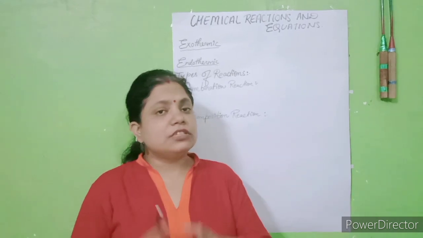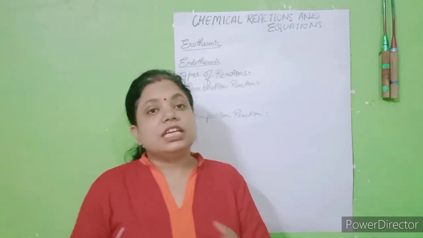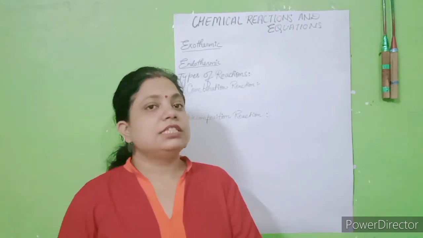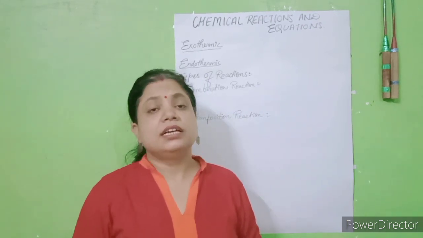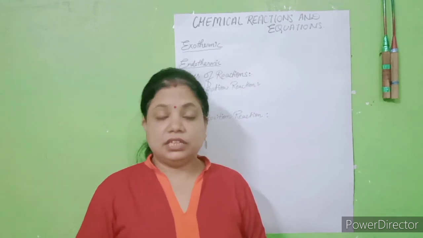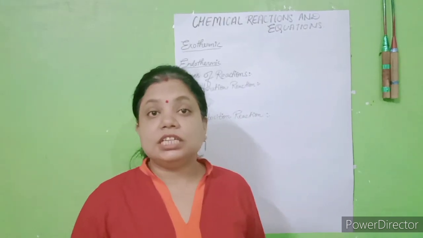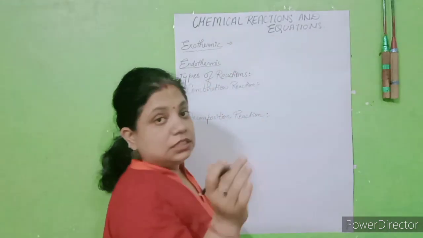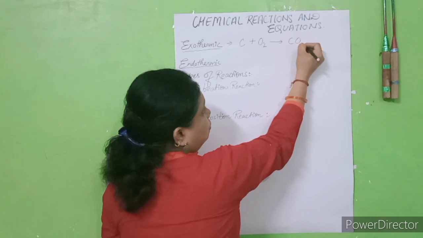Exothermic reactions, students. Exothermic reactions are those reactions during which heat is evolved, or we can say where the heat is released, right? In those reactions where the heat is released, we can say it is an exothermic reaction. Let's see some examples, like combustion of methane gas, combustion of carbon, combustion of coke. That is an example of an exothermic reaction. Even the burning of magnesium, and not only that, the respiration which occurs in our body is also an exothermic reaction. Let's see. Suppose, students, in an exothermic reaction, for example, C plus O2 forms CO2, right?